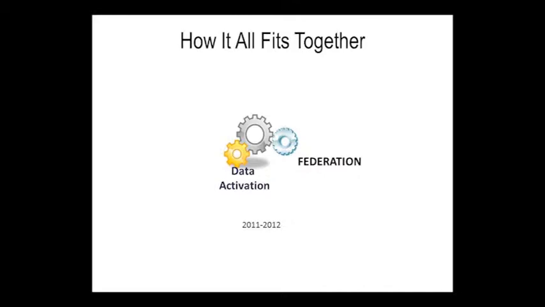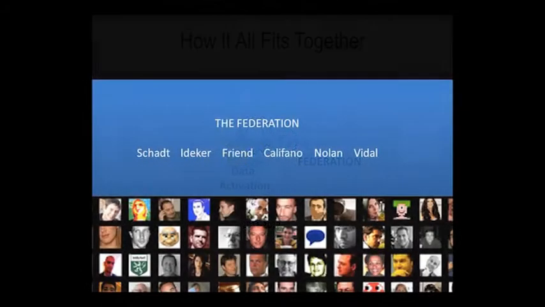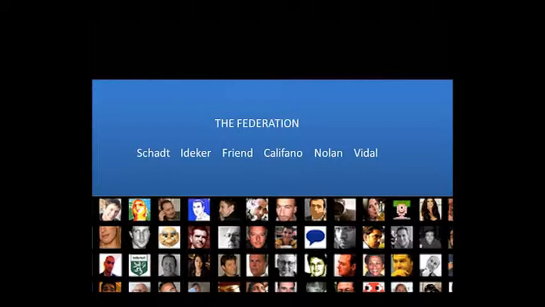We thought we all have a common enemy, and we all can't get there on our own. So the Federation initially consisted of Eric, myself, Trey Eidegger, Andrea Califano, unknowns, no, I'm just kidding. And then Gary Noland and Mark Vidal joined. This group of people said, let's let all of the graduate students and the postdocs have access to all of the data that each of us have, all of the tools, everything that's in one of those labs. Let's show the world that if you work by yourself, you're not going to get there. But if you join and you make rules for sharing within a group, you could form a federation.